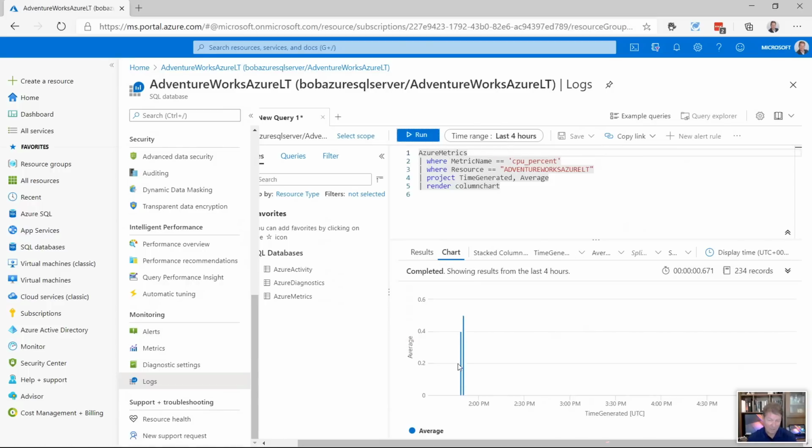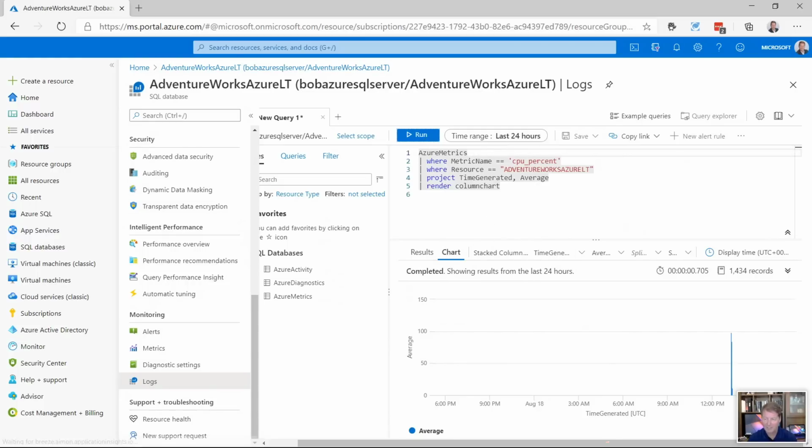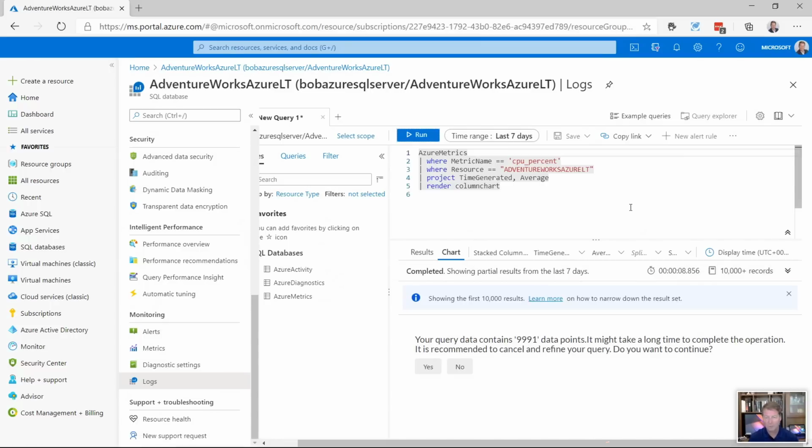So now there's no utilization for the last 4 hours, but again, if I go back to the 24 hours, because I ran this earlier, I can see that I had high CPU utilization before, almost 100%, because I ran this workload earlier this morning to see what it looked like. Now, logging is a little bit more delay than just seeing those metrics live, but it gives you a much more historical view. Look here, I can go back over to the last 7 days or even to the last month to see what the performance was like for this deployment. So that's an example of using something called Kusto, and that Kusto you're going to see is applicable to looking at all sorts of types of things in Azure.